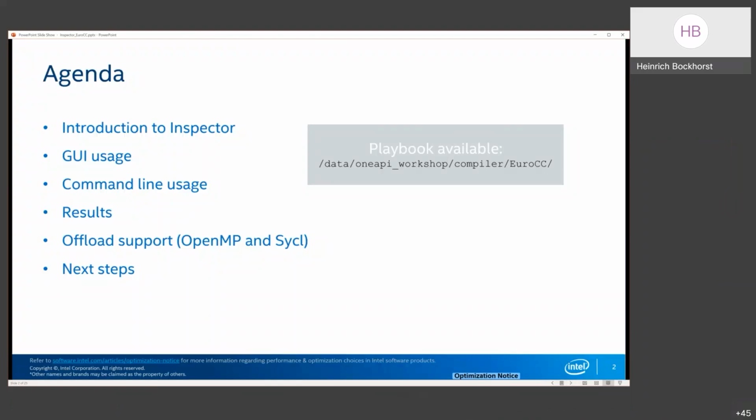So today I would like to have a second talk about the Intel Inspector. Intel Inspector probably does not have the attention that vTune has at Intel, but we have lots of customers who like to use this tool, especially for the threading analysis and partially for the memory analysis. And we now have also some GPU